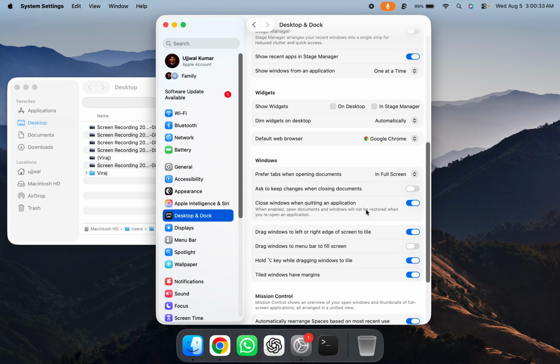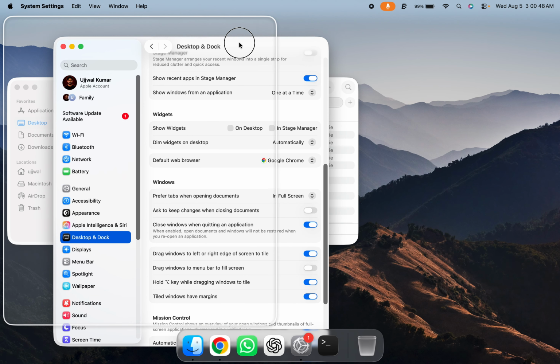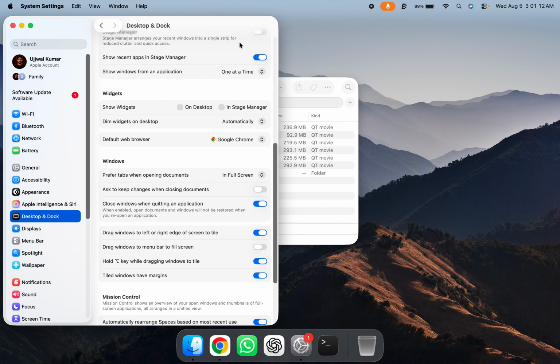you have to do. And from now on, whenever you want to tile a window in either left or right position, all you need to do is press the Option key on your keyboard and drag the window to either the right or left side, and you can instantly start seeing the preview. Once the placement preview appears, release the window and then release the Option key on your keyboard, and that's